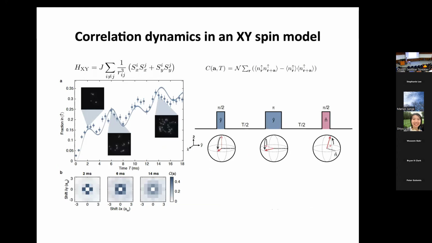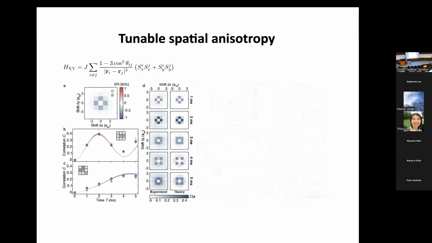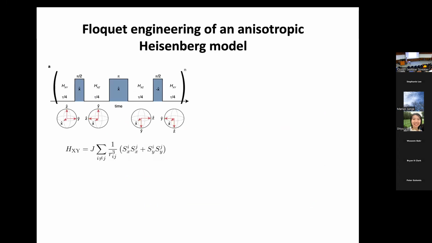And here are pictures looking at how these correlations spread in the system after we do this out of equilibrium quench. So we can really, for these molecular systems, now observe how the correlations spread using the same microscopy techniques I described earlier for atoms. Let me, I think I'm running out of time here, so I'll skip all of this. Sorry about that.